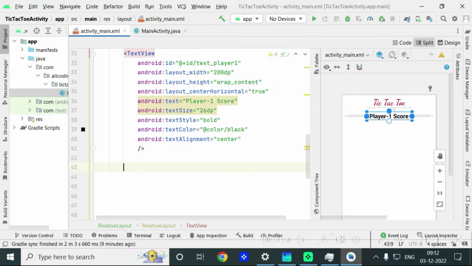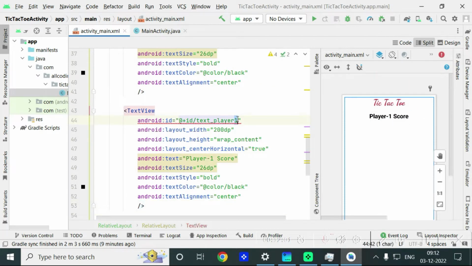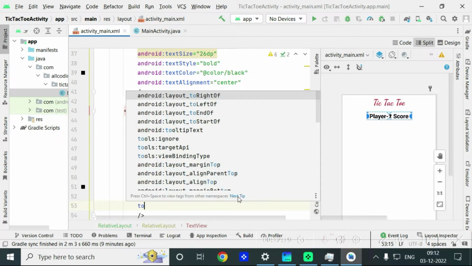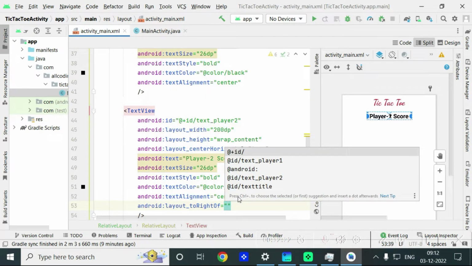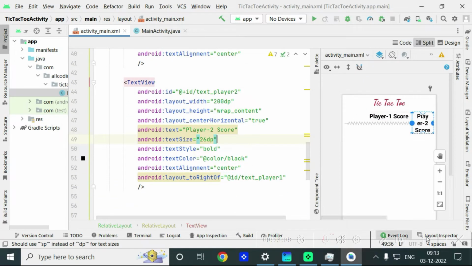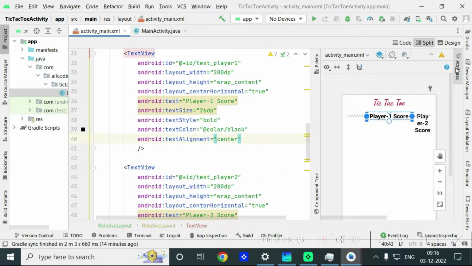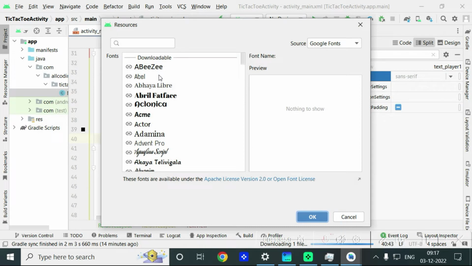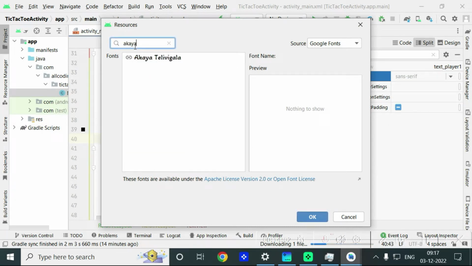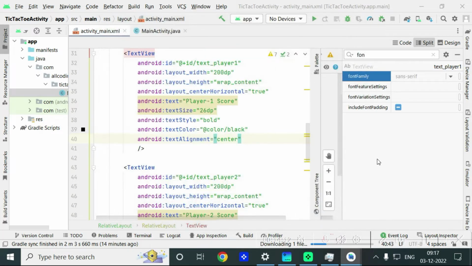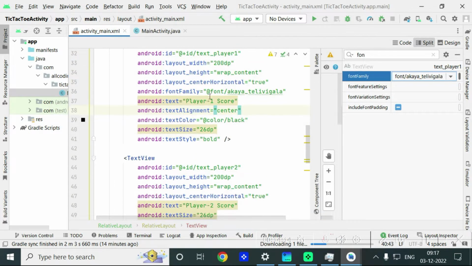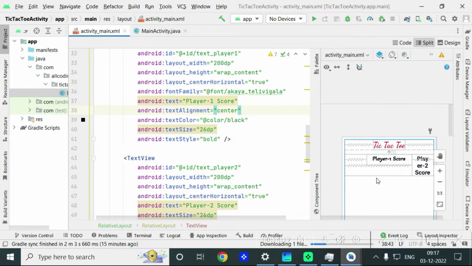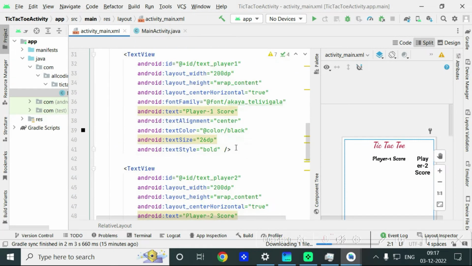Now copy this text view, create another text view, change the ID to text_player2 and text to Player 2 score, and it will be to the right of text_player1. We'll also choose the font family. So let's go to the attributes. Go to the font family, click on more fonts and write Akaya. Click this Akaya and click OK. So you can see the font has come. So now this one, similarly, the same font we will